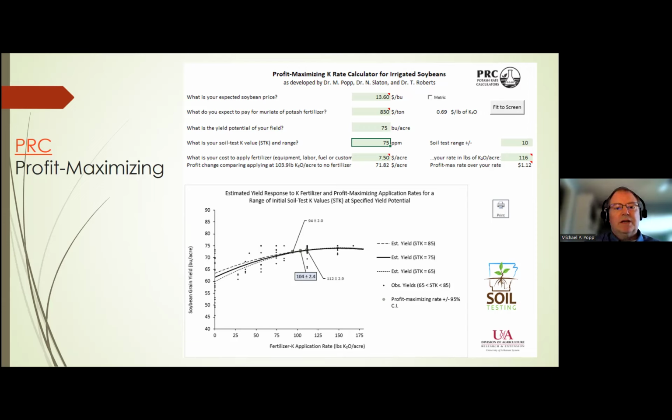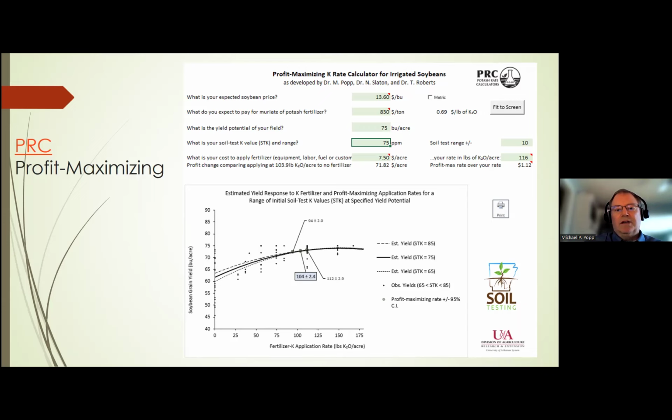In this particular case, it says to put on 104 pounds of K2O per acre. Compared to 0 pounds of K2O, you would be making an extra $71 an acre, and that is accounting for a $7.50 application charge for the equipment, labor, fuel and so on. The VRT recommendation for that parts per million